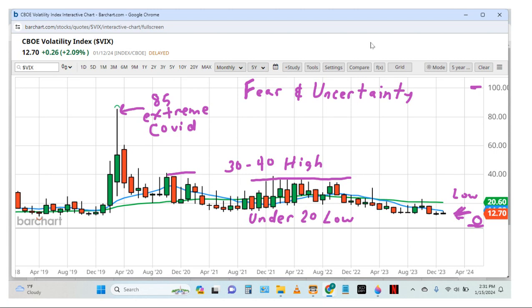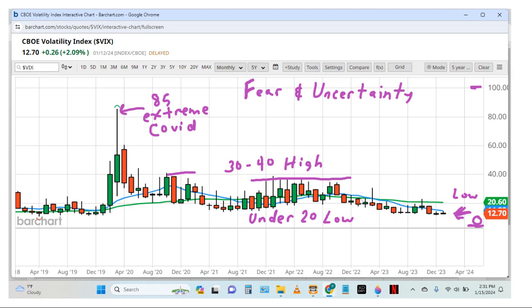This is just an index that I watch. It's called the Volatility Index, or symbol VIX, V-I-X. It kind of represents fear and uncertainty overall. Individual companies will also have their own volatility, but this is just a general overall view. It represents pretty much the S&P 500, but you can see here 85 was an extreme during COVID. Back during 2008, there was also an extreme spike in the VIX, but